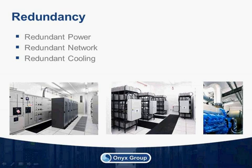Next comes networking. You'll generally be provided with 2 network feeds. These feeds will connect to 2 different switches owned by the data center, which will in turn eventually connect to 2 different core routers, which will then connect to 2 or more different lines out to the building, thus providing